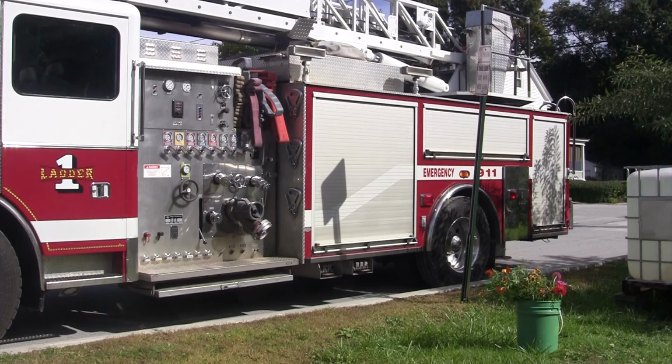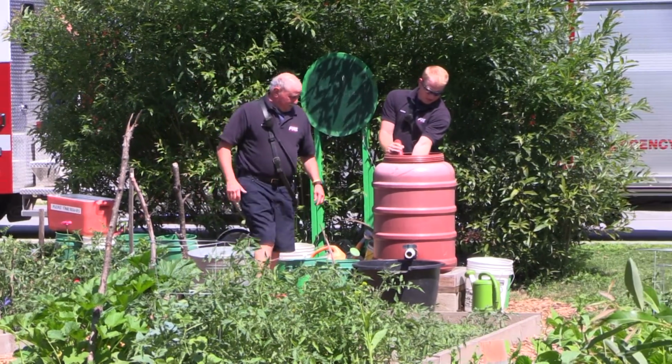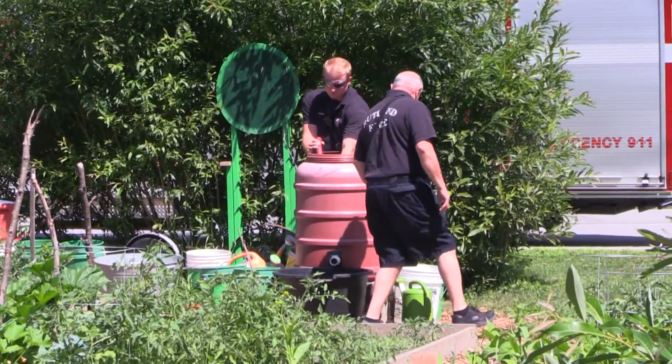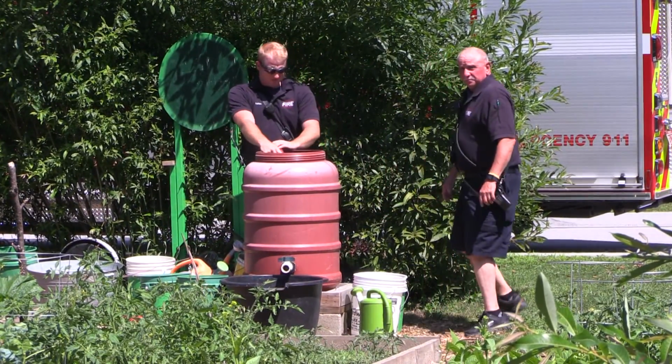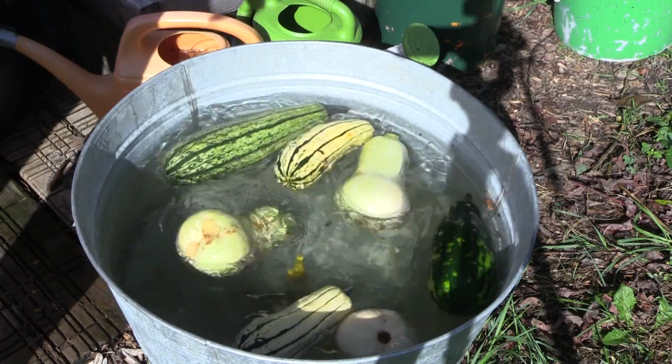Speaking of providing vegetables, I understand we're going to have some special visitors this morning. The fire department folks who have provided us with the 250-gallon tank behind me and have provided water, which has really slowed down my aging process, because I would take out the hose at home and fill up the 5-gallon buckets. But anyhow, we've had a really successful growing season, and I'm really convinced that residents would like to have more